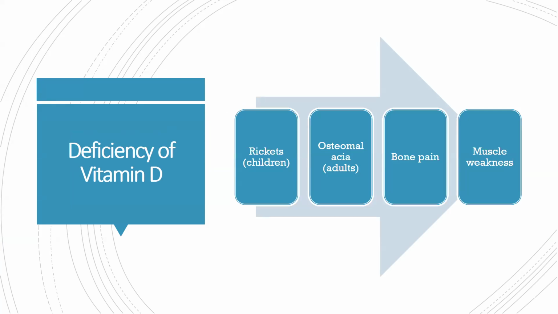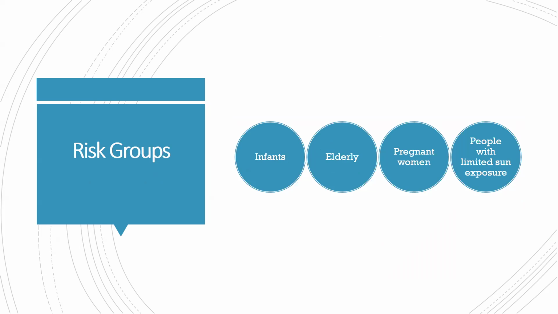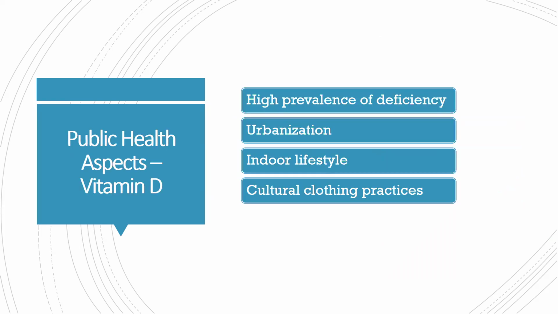Deficiency of vitamin D can cause rickets in children, osteomalacia in adults, bone pains, and general muscle weakness. These are the risk groups, including infants, elderly, pregnant women, and people with limited sun exposure. So high prevalence of deficiency, urbanization, indoor lifestyle, and cultural clothing practices are important as a public health aspect of